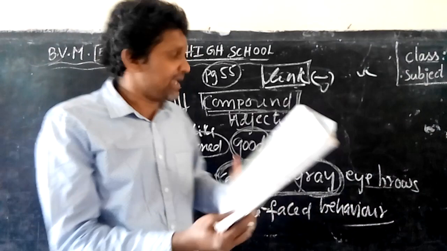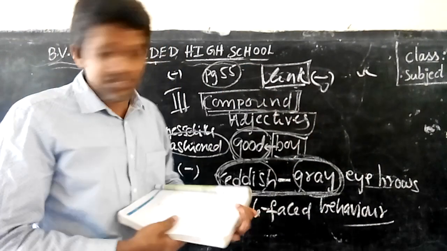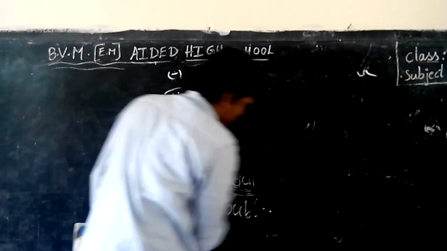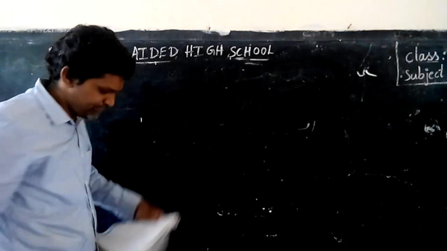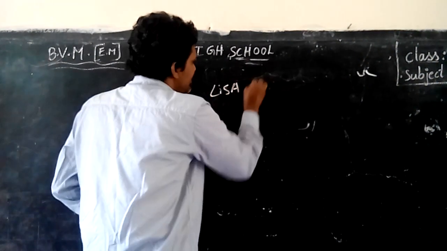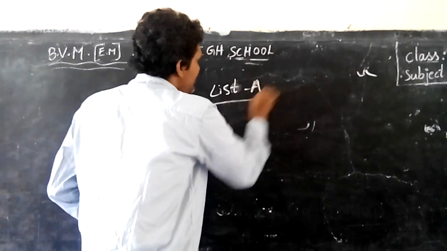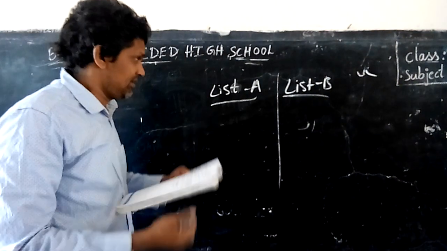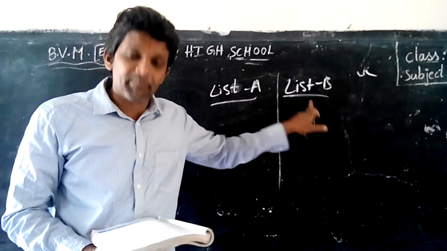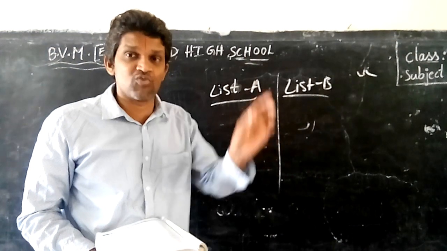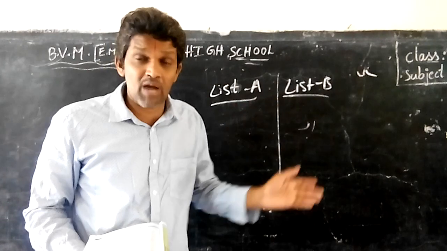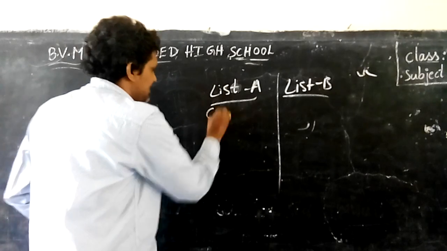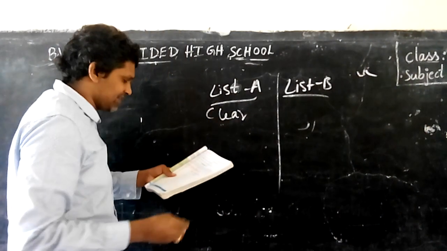So if you look at the textbook, same page number, we see a matching. A matching is given in your textbook. A side and B side. List A and list B. Some words are given on the A side and some words are given on the B side. We have to match these words to form a meaningful word. So don't combine them or join them as you like. We should get a meaning out of them. For example, clear. So let me write the A side words.